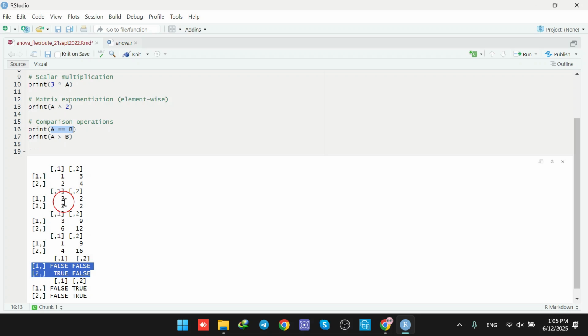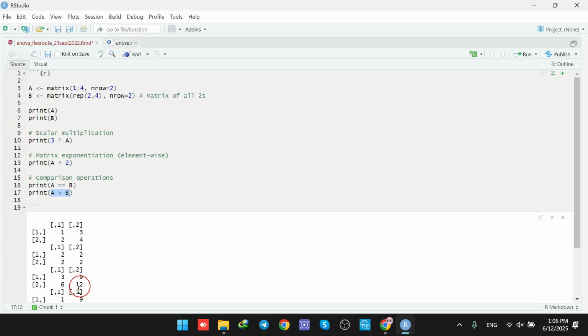Also, another example is being shown here. I would like to see if A is greater than B. So we see that the output is false, false, true, true. So let's see. So it says 1, is it greater than 2? No, so it's false. 2, is it greater than 2? No, so it's false. 3, is it greater than 2? Yes, it's true. So we are having a true in the output. And 4, is it greater than 2? Yes, so we are having the true in the output as well. So basically, this is how we can have the comparison operations as well, along with scalar multiplication and matrix